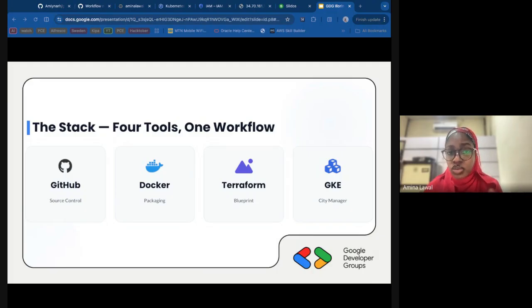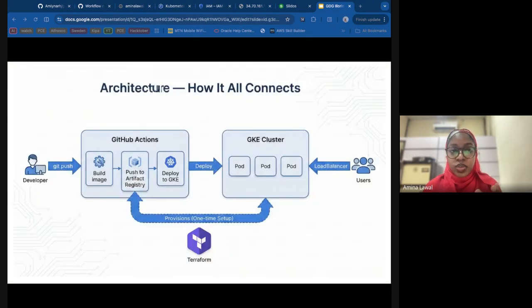And every one of these tools is free to learn and has excellent documentation. So the barrier is not access. It's up to you. Maybe after today, you just go in. For those of us that are still beginners, deep dive into them and see what you can do with it. So before I switch into code,